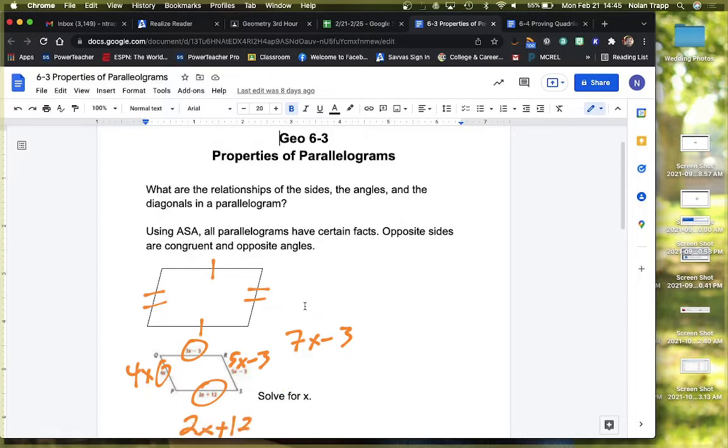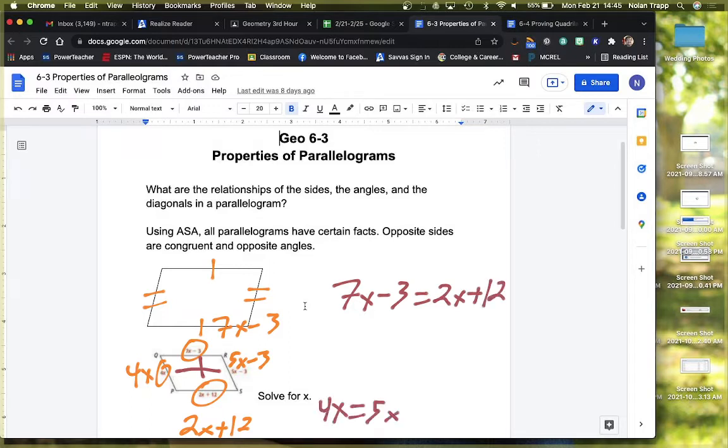This is one of those problems where technically there are multiple ways to solve for x. You only have to choose one way. Since opposite sides have to be congruent, I can either go here or here. So either I'm solving 7x minus 3 equals 2x plus 12, or I can solve 4x equals 5x minus 3. Either way should get the same answer